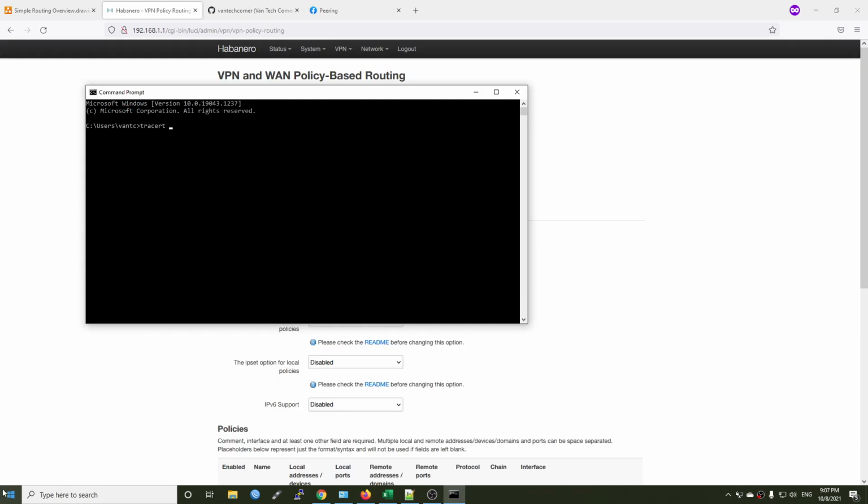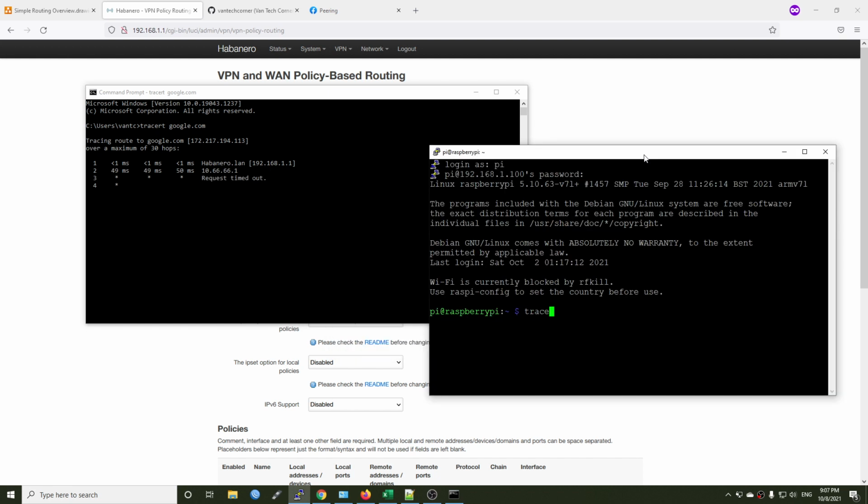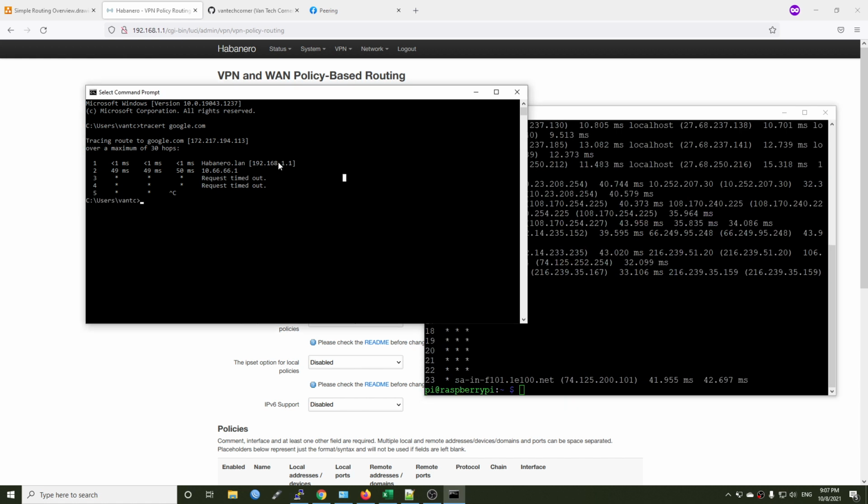Let's do a traceroute to google.com from my PC. At the same time, let me establish the SSH connection to the Raspberry Pi 4. Alright, so traceroute google.com. With the PC, we can see that the traffic goes from the PC to the OpenWRT router, which is the Habanero development kit. And from that, it goes out to the internet via the VPN tunnel, which is the WireGuard interface